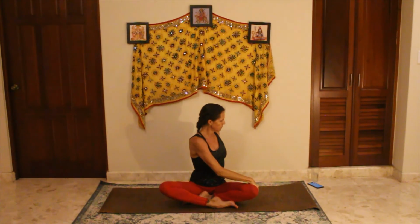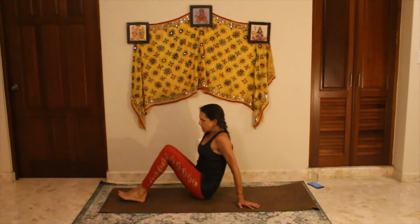And release that back to center. Inhale to grow tall. Exhale to the other side. Long, slow breaths. And back to center. And then just bend the knees, hold on to the backs of your thighs, roll yourself